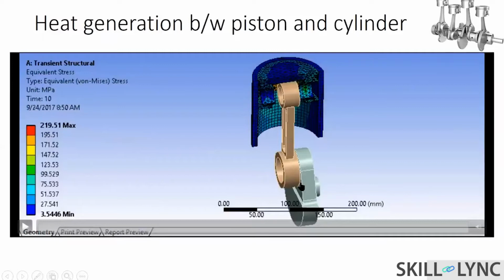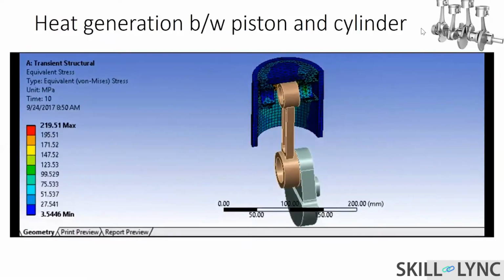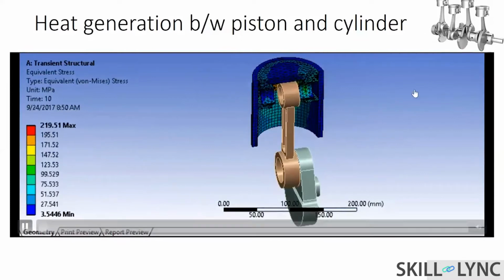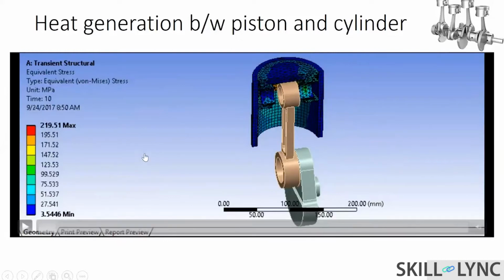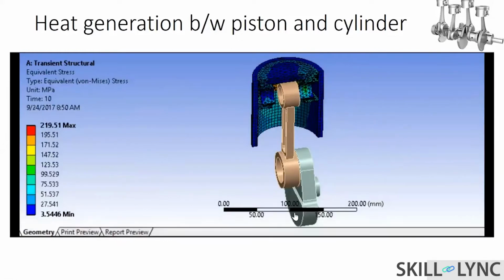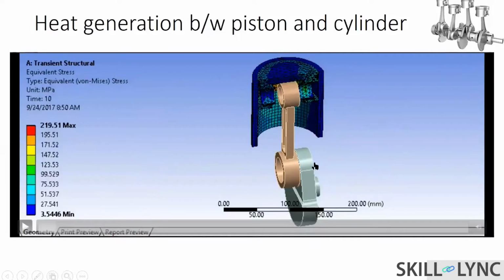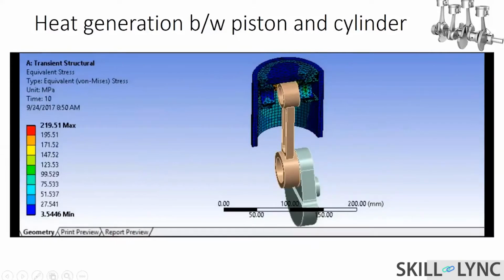Cool. We'll move to the next part of analysis. In this case, you would have just come across all these engine simulations, right? So you have this crankshaft which is being rotated. I have an image on the right top just to give you an understanding of what we're talking about. So you have this crankshaft. I have only one down here, and this rotatory motion is getting changed into translatory motion due to this